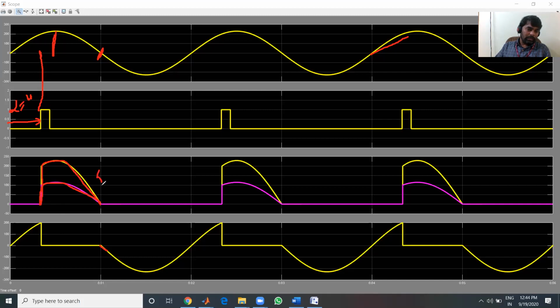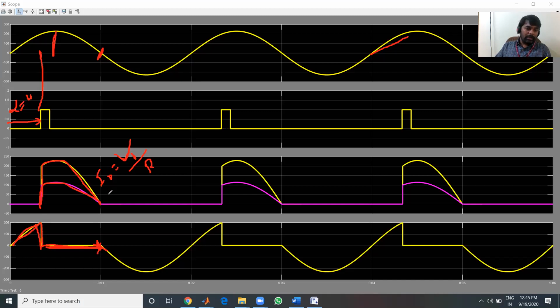Because output current, I can write it as output voltage divided by resistance. And from omega t equal to alpha, this is alpha, right? From omega t equal to alpha onward, the thyristor is in conduction state, and it will be in conduction state up to omega t equal to pi. So you will get 1 to 2 volts practically, ideally it should be 0. And during alpha, the thyristor is in off condition, so you will get positive voltage across the thyristor. It is blocking positive voltage.